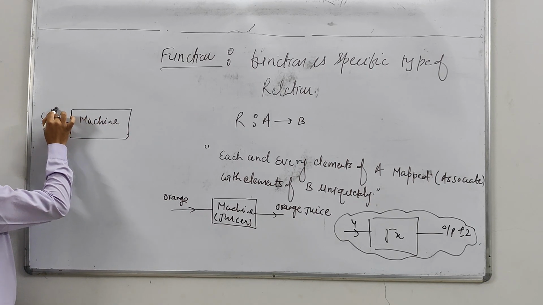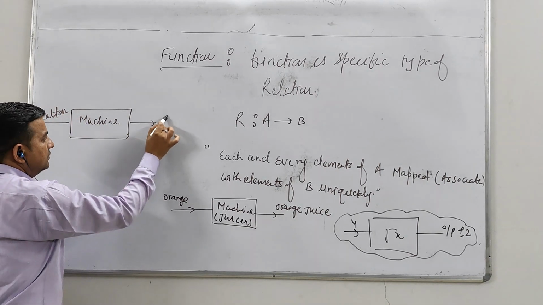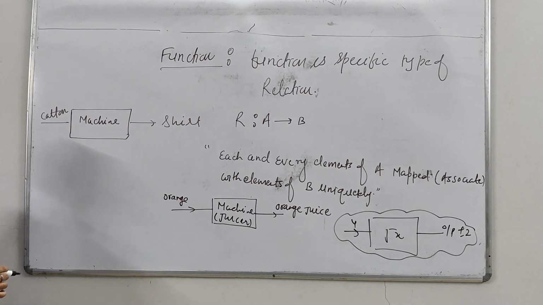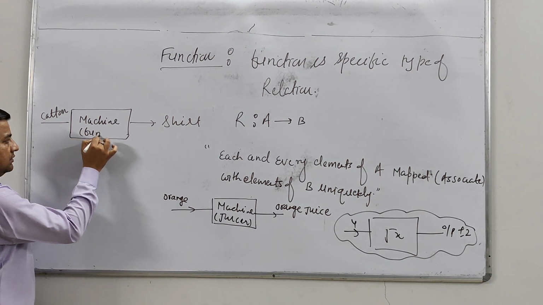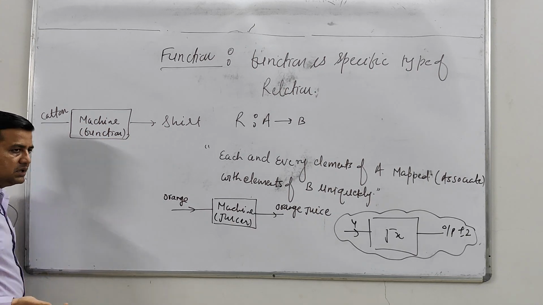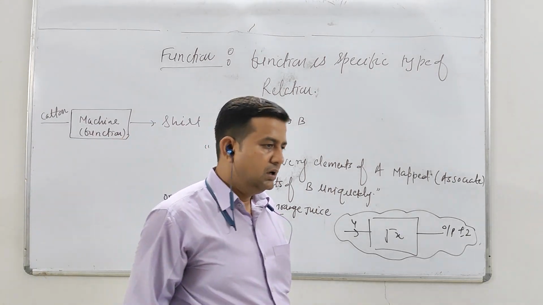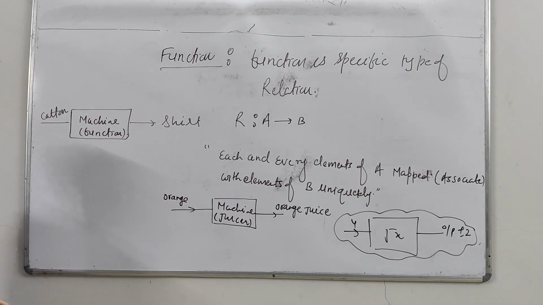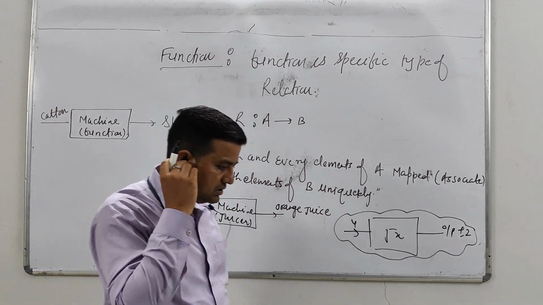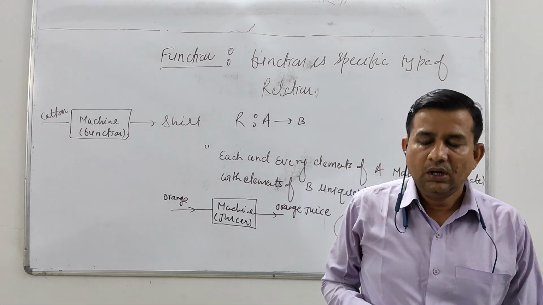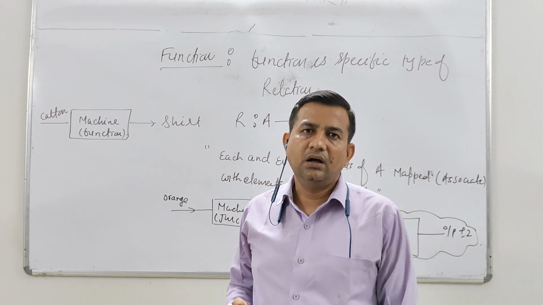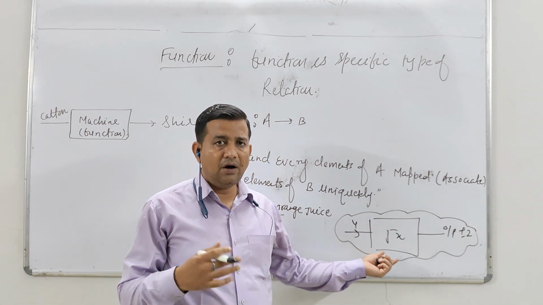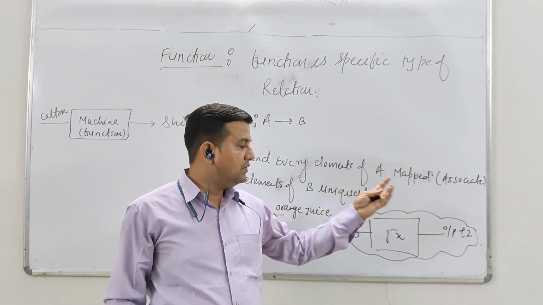If we supply cotton, it will be converted into a shirt. That also works as a function. So a function is nothing but like a machine. Every machine wants an input which it converts to an output. So as per the machine rule, the function also takes an input, and after applying the formula and the logic,